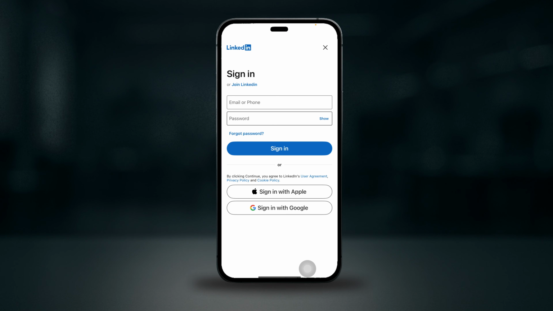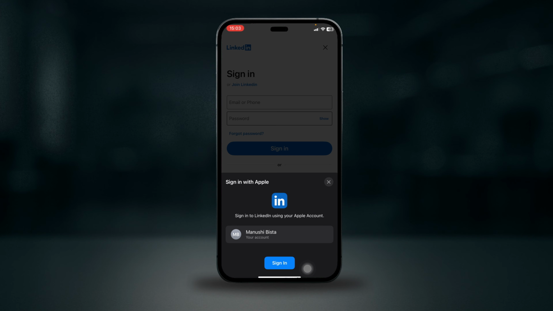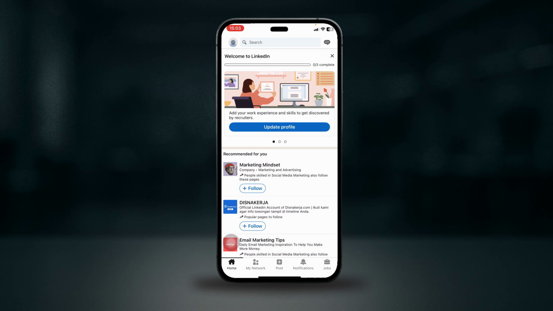Open the LinkedIn app or go to linkedin.com in Safari and tap sign in. Next, choose a passwordless option like continue with Apple or continue with Google. Let's say continue with Apple, and then pick the one you originally used and click sign in. It will require approval for Apple or Google, sign in with Face ID or Touch ID or the account prompt,